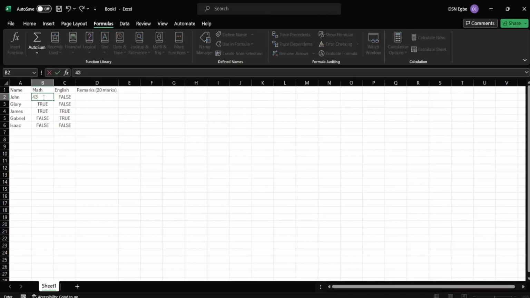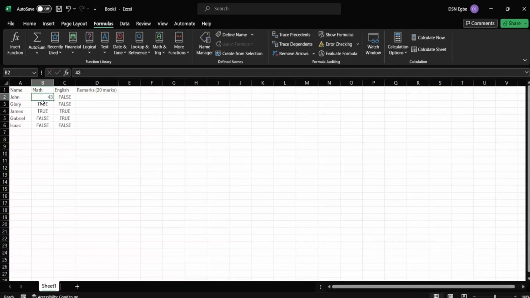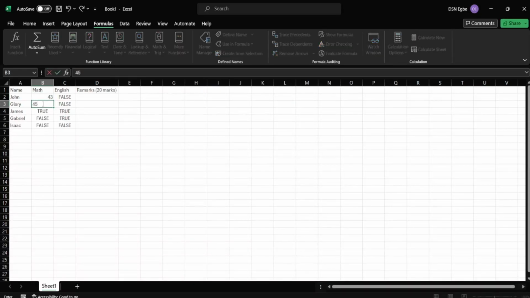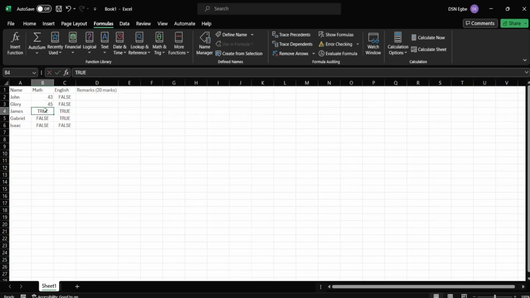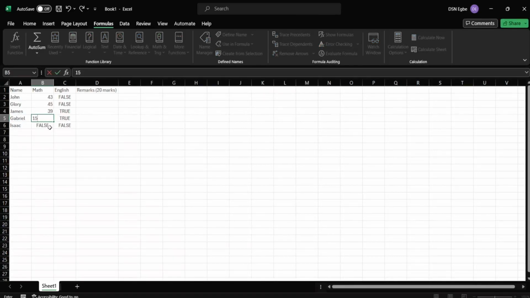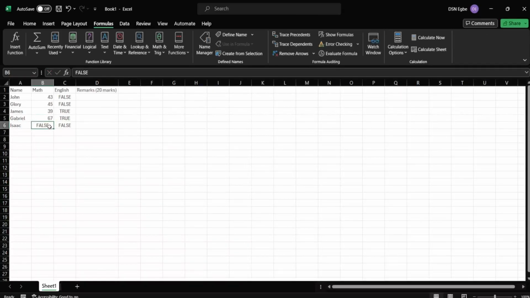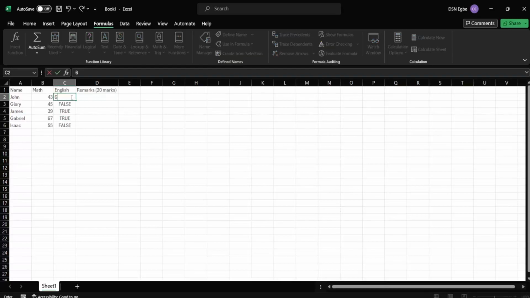So 30, 43. This is a score sheet right now. So this is 45. This is maybe this guy has 39. This guy also has 15. And oh, Gabriel, you cannot have 15 in my team. Let's say Gabriel has 67. And the Isaac guy should have like 55, right? So in English, I'll just put a random number here, 63